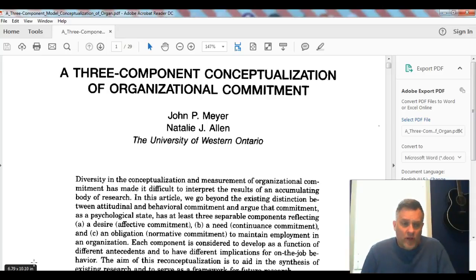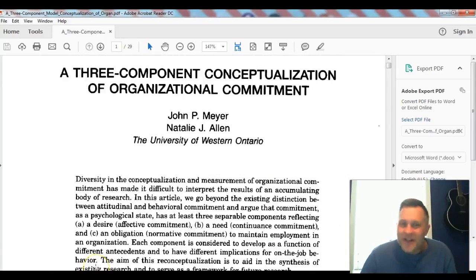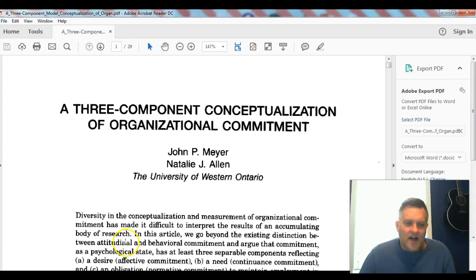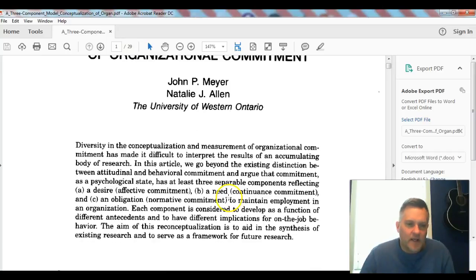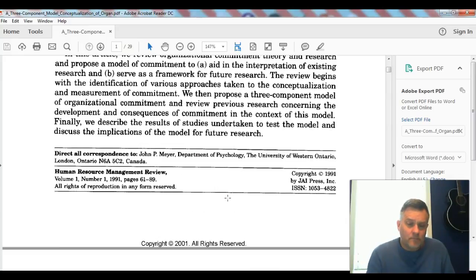So what I have on the screen here is an academic peer-reviewed article. How do I know that? Well, first of all, look at the way it's written. Right? There's no pictures, there's no cartoons on it. It's very clean. It's very scholarly looking. Number one. Number two, if I scroll down and look at, you can see here, you can't see me pointing, but it's from the Human Resource Management Review. Okay, I know personally that's a peer-reviewed academic journal.